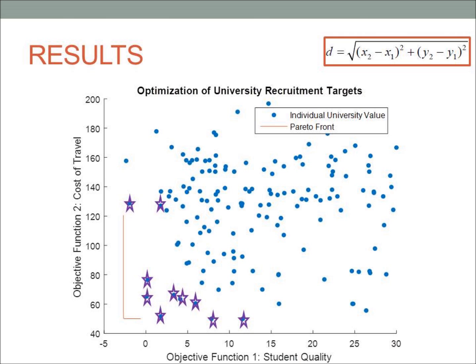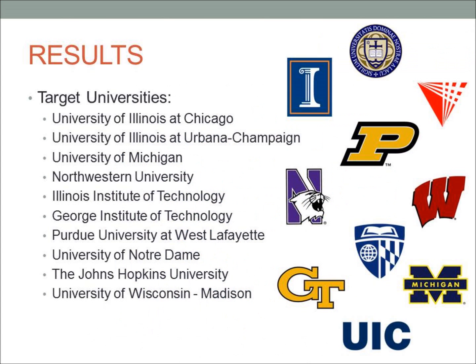In order to more quantitatively determine which universities would be the best recruitment targets, the distance from the point of the university to the nearest point on the Pareto front was found. This resulted in the top 10 universities shown with the purple stars. These stars are associated with the following target universities: University of Illinois at Chicago, University of Illinois at Urbana-Champaign, University of Michigan, Northwestern University, Illinois Institute of Technology, Georgia Institute of Technology, Purdue University, University of Notre Dame, Johns Hopkins,